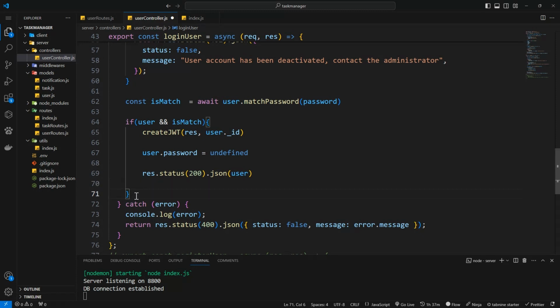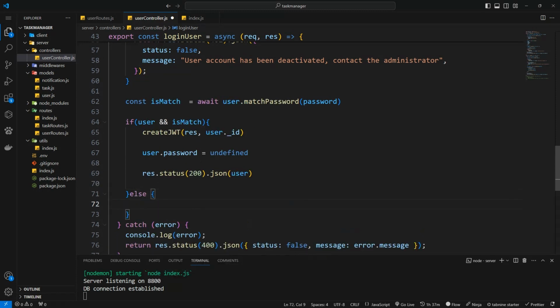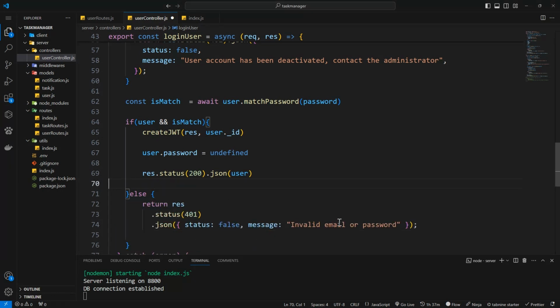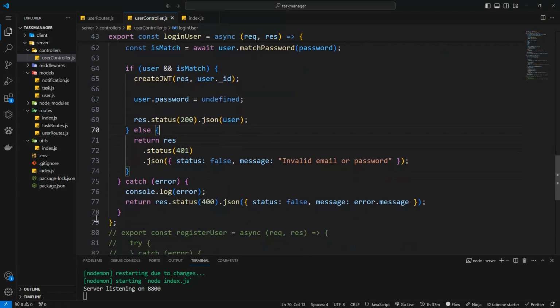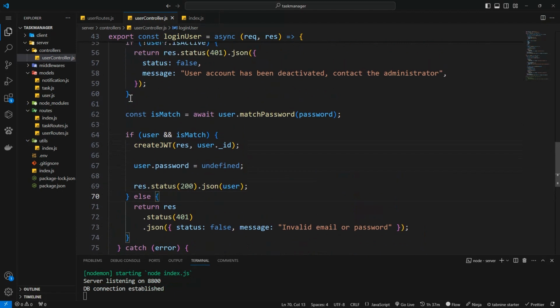Else, if the password does not match, we'll send a response that invalid email or password. And perhaps we can send invalid password for the user to know that the password is wrong. So I think we're also done with our login. So let's quickly create the